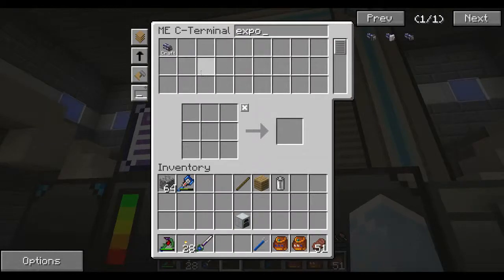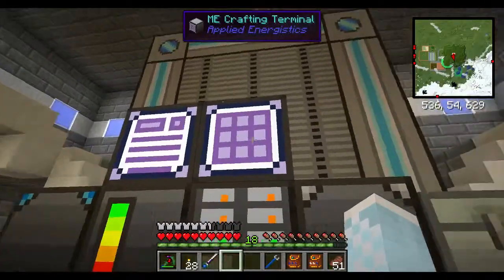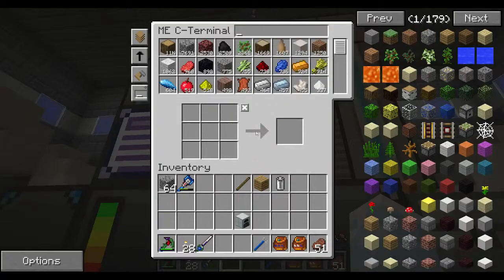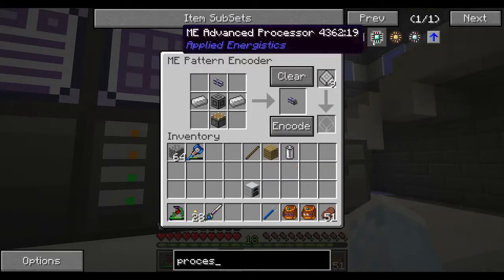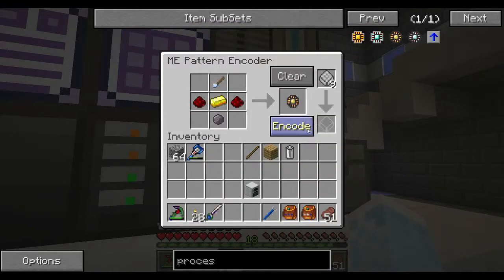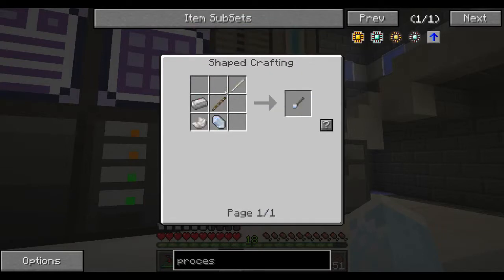Export bus go. I'm missing a basic processor. Oh dear. So I do want to teach it how to make those. So let's see. Processor. We want to tell it how to make the raw one. We also need to tell it how to make these cutters,